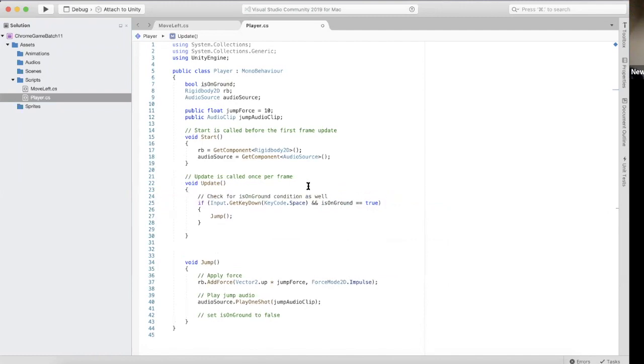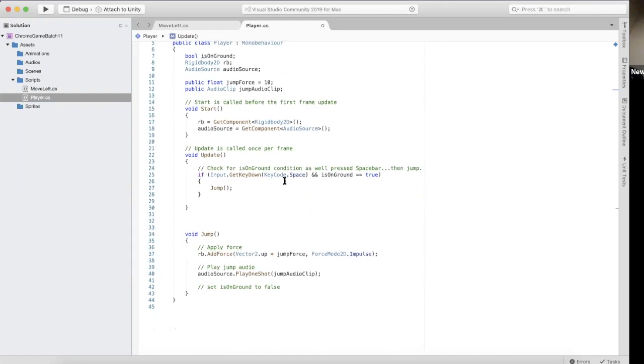Put this comment here: pressed space bar, then jump. So I have added both conditions. If the dragon is on the ground, it is true, and the space bar you have pressed, both conditions are met, then jump. And in the jump function, first we are applying some force in the up direction, then we are playing this audio, and last thing that we are going to do is